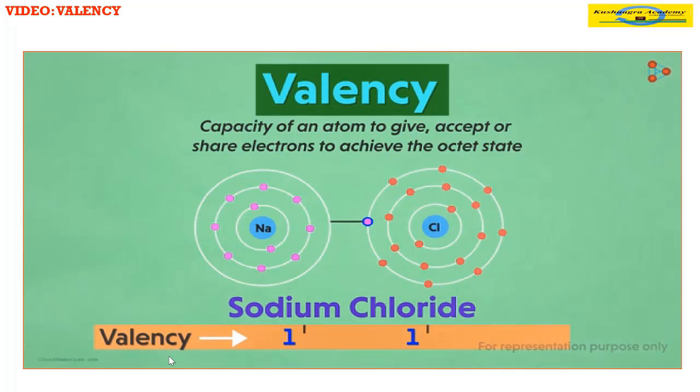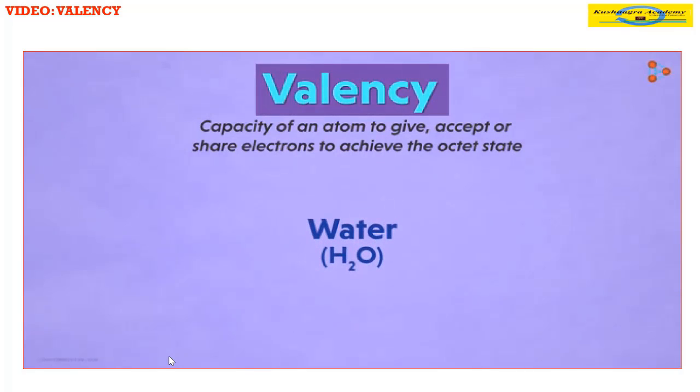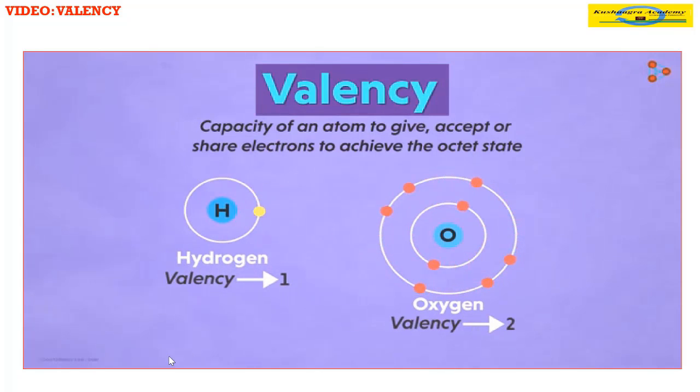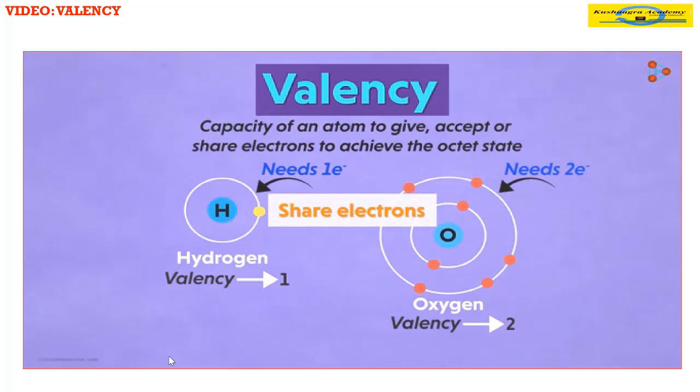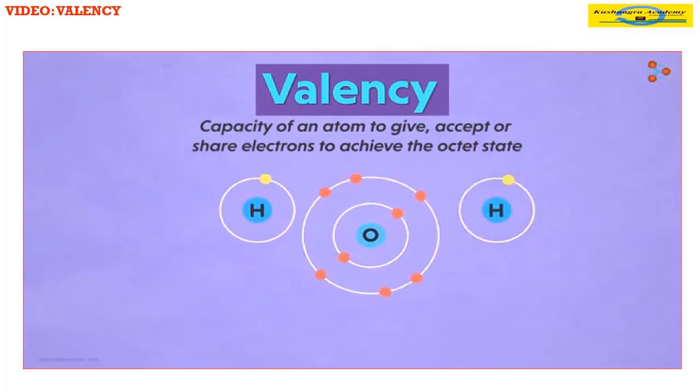Does this mean that only elements having the same valency always combine to form a bond? Not really. Just take the simple example of a water molecule. We have seen that the valency of hydrogen is 1 while that of oxygen is 2. Here, hydrogen needs 1 electron while oxygen needs 2 electrons. Both need electrons. So how do the atoms combine in this case? How will the bond formation take place then? Well, they will both share electrons with each other. But how? It's not that straightforward. For now, we have to know that one atom of oxygen combines with 2.